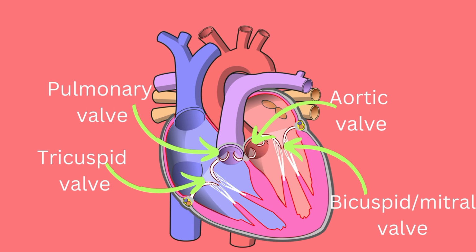One of the semilunar valves is present at the junction of the left ventricle and aorta, and it is also known as the aortic valve, while the other one is at the junction of the right ventricle and the pulmonary